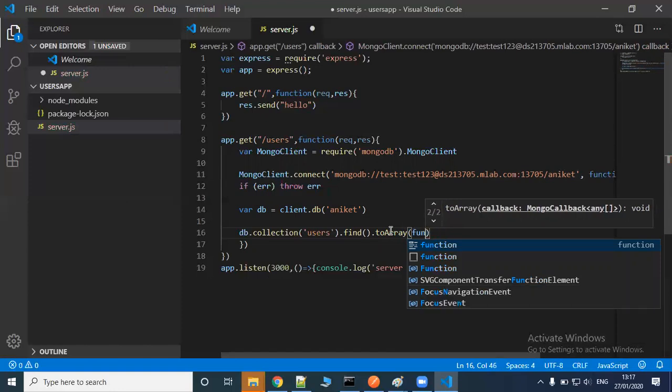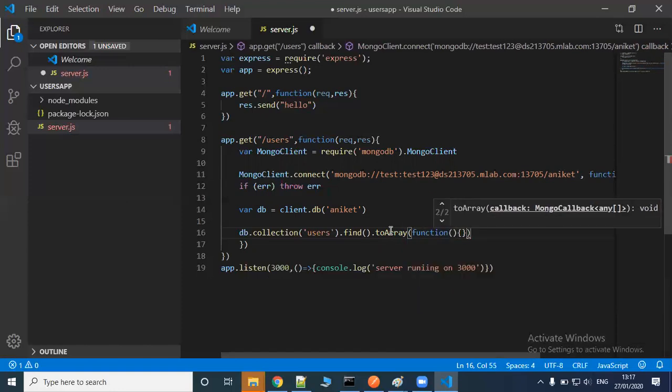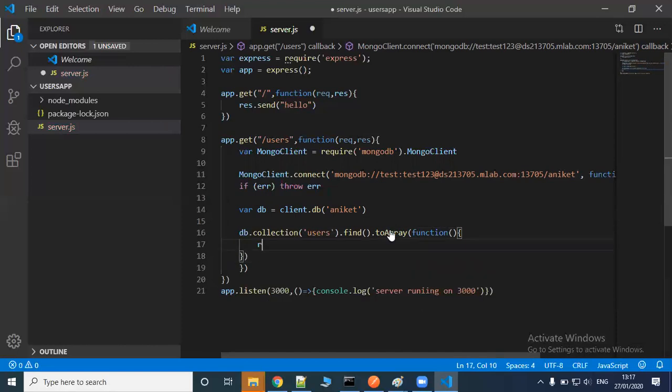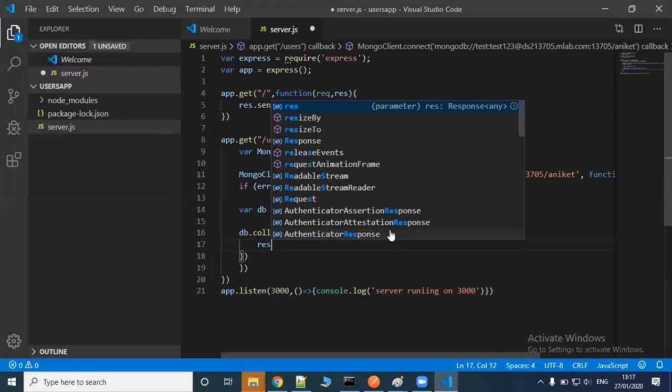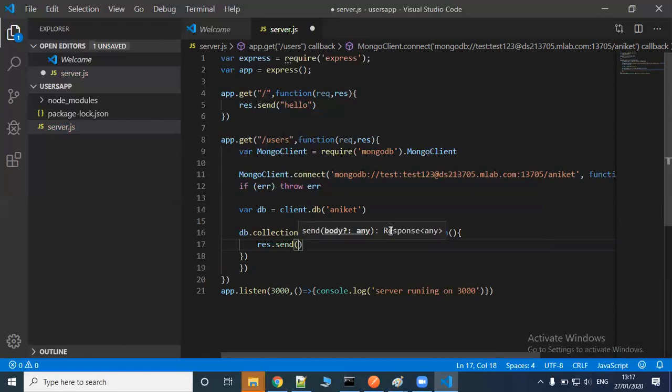Yeah, callback function. You send the data. If you get an error,